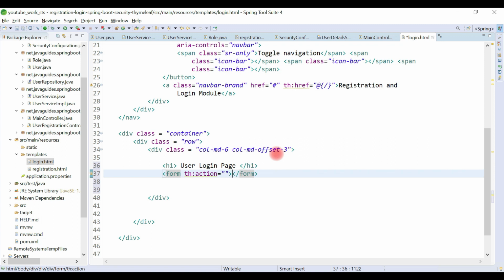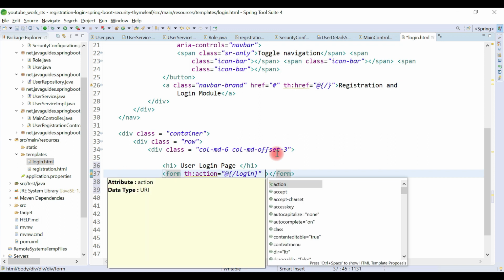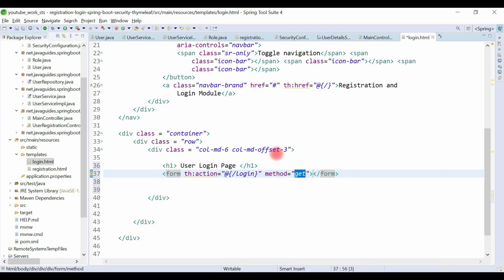So this is the Thymeleaf action attribute, and here let's use @. So @ is basically the context path of our application, and here we provide the request URL. Once we click on the submit button, this request will be handled. And again this is the post method, right?